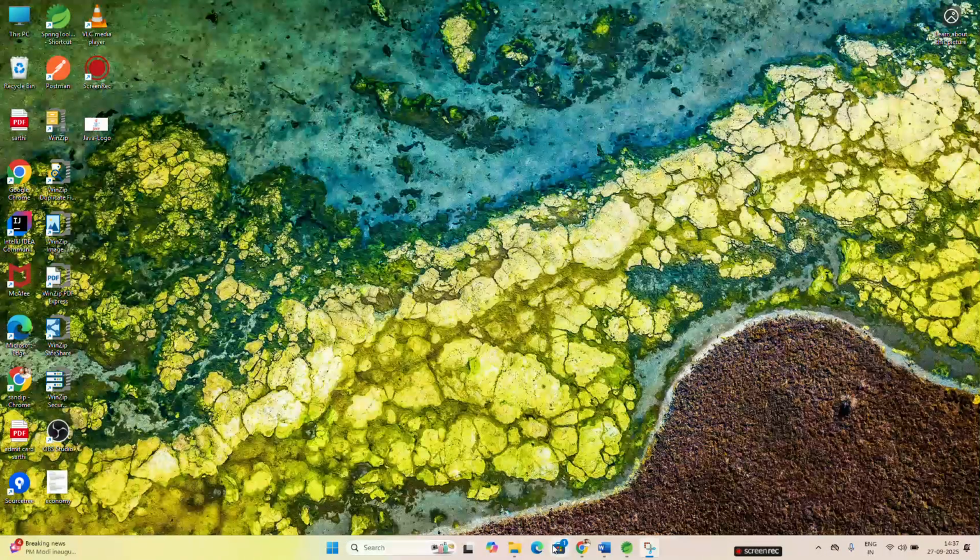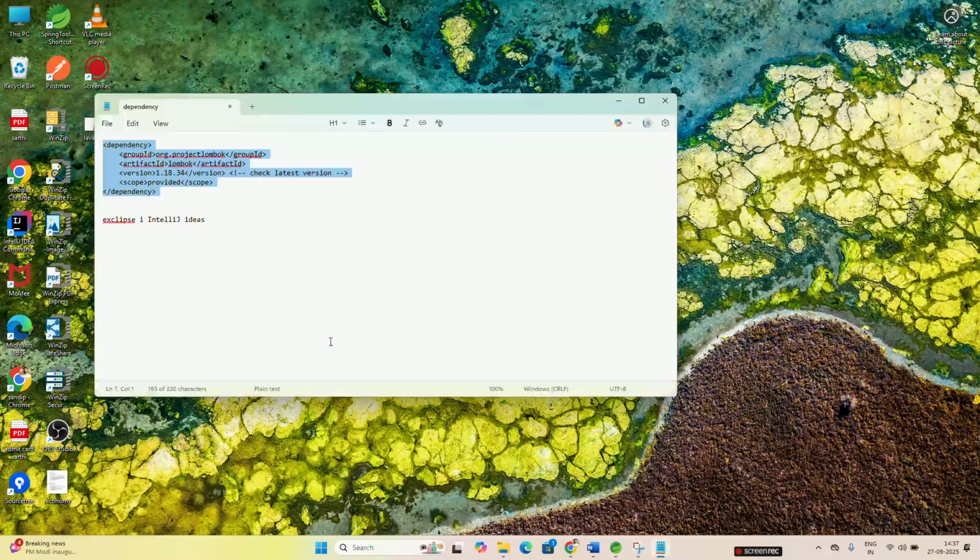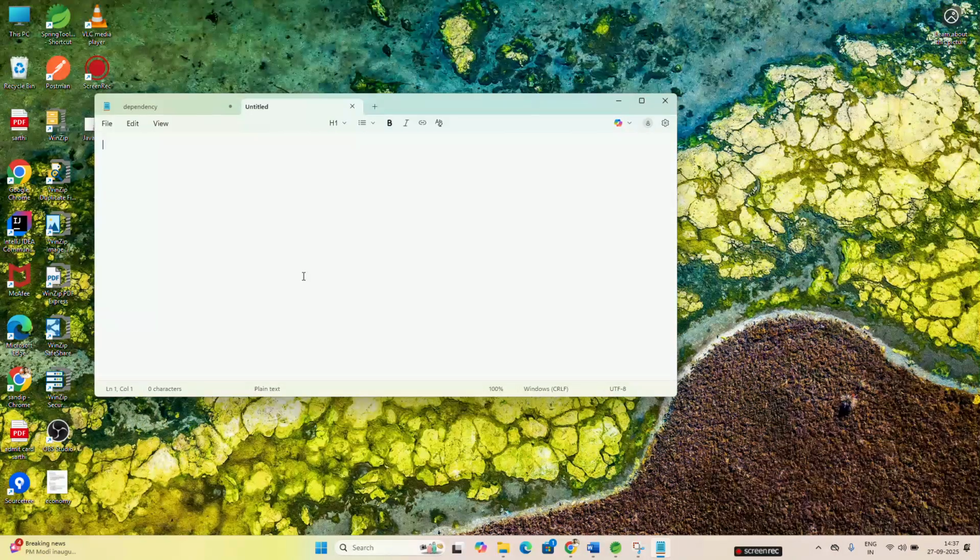So Lombok is helpful to write boilerplate code automatically using a few annotations. We will see each and every annotation line by line. Okay, so this is an important thing because the developer has to